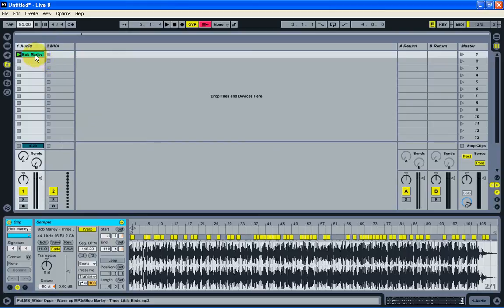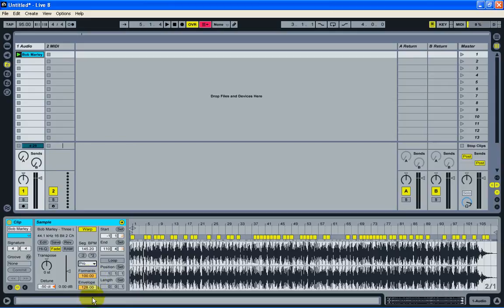If you've clicked on the clip up here, we get the sample box down here, assuming I've got the appropriate button selected to display it. I can change the time stretching algorithms down here, and the default one is Beats, which is really designed for drum beats, but on a full song, an MP3 like this, it doesn't work that well. So we've got different types, and the one I tend to use for a full song is Complex Pro,